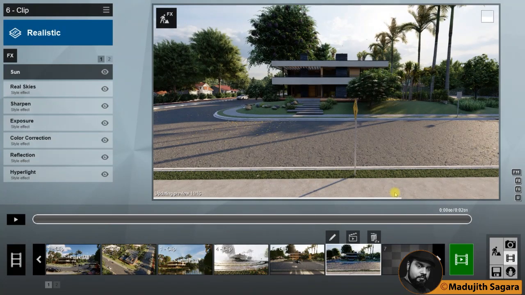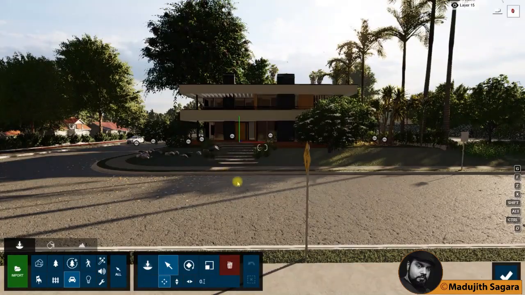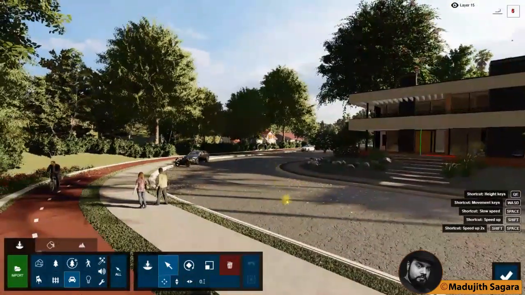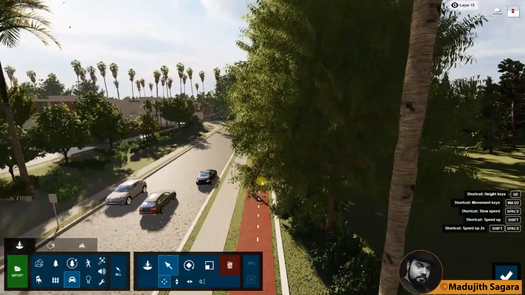Now we are having animating sky clouds, but still our people and our vehicles are not moving. That effect is called mass movement effect. So we can perform that effect using Lumion. For that, first of all, you have to place some vehicles inside our road. For that, go to build with effects and go to your road. Now place some vehicles on your road.